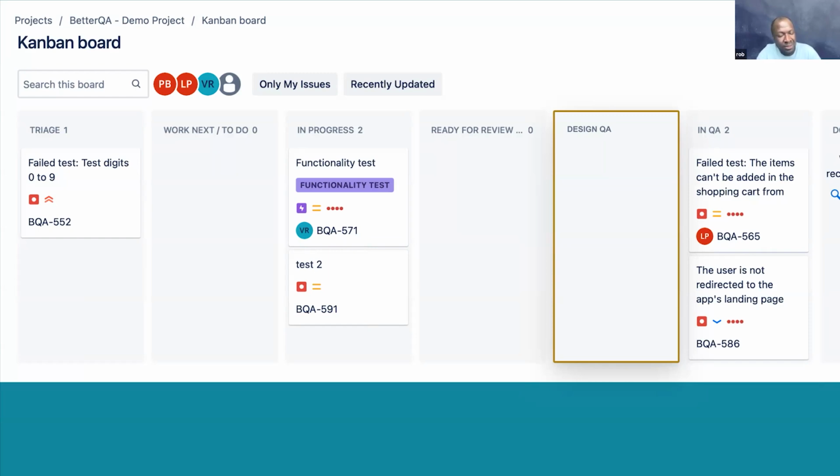Of course, we don't necessarily want to create bottlenecks. So it might be the case that as a developer is working on a ticket, perhaps before they put it into ready for review, maybe they get the designer to look into it, or maybe after ready for review, they get the designer to look into it and just be like, okay, I can see the design here and what's been implemented here, and does this align? Does it make sense? Just so that everyone's happy.